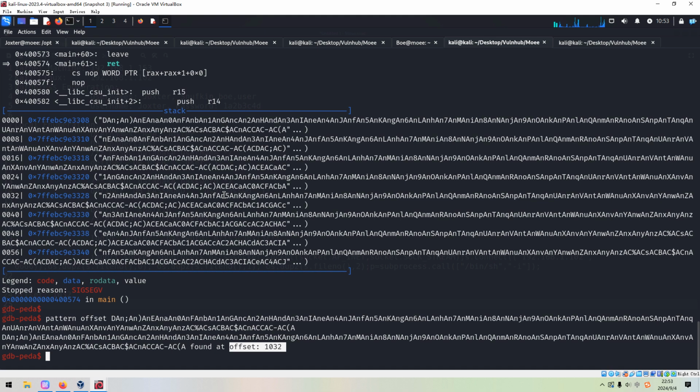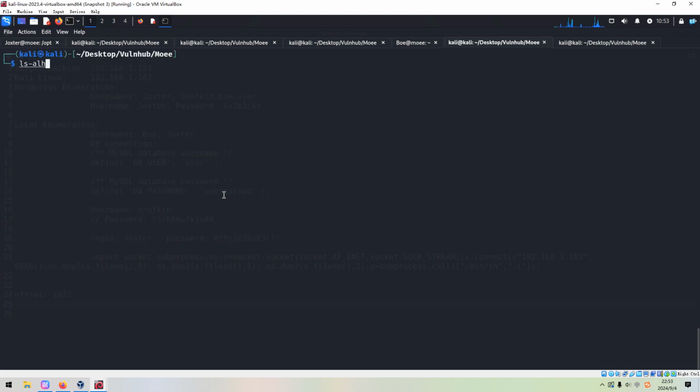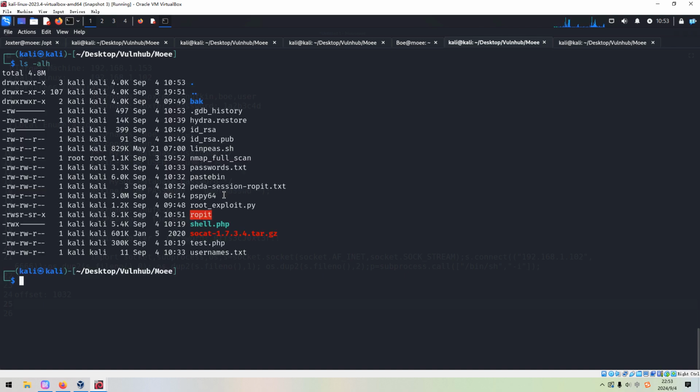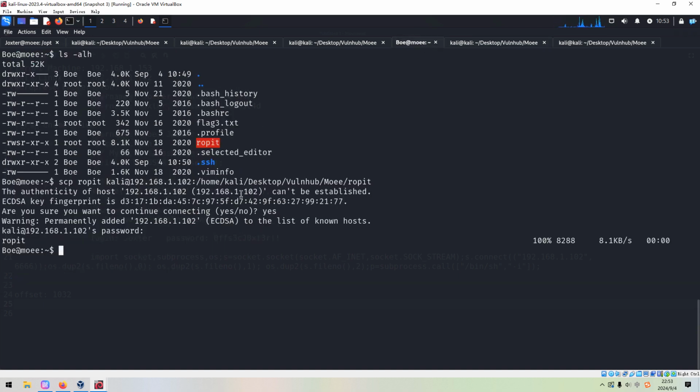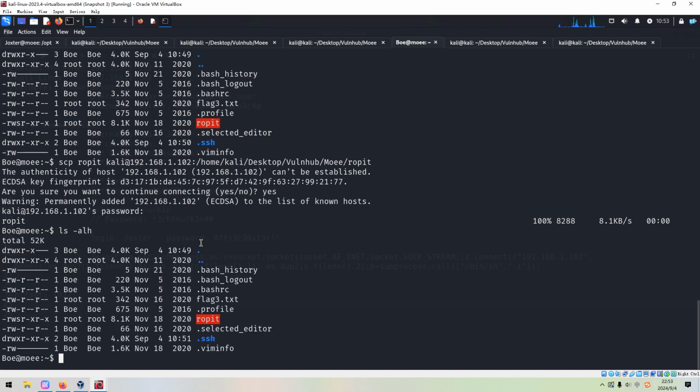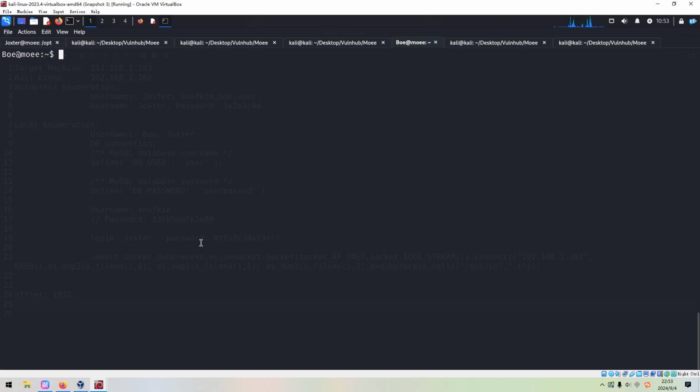Okay, let me show you in action. So I think we can exit from GDB. And first of all, we need to transfer this file to the target, because at this moment, there is no socat on the target.